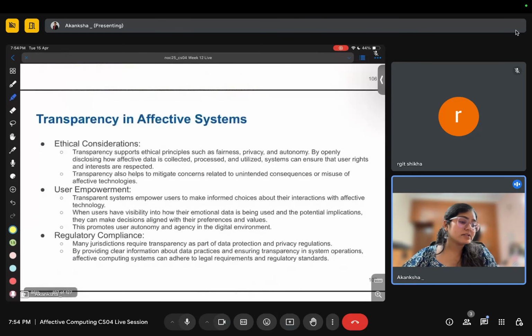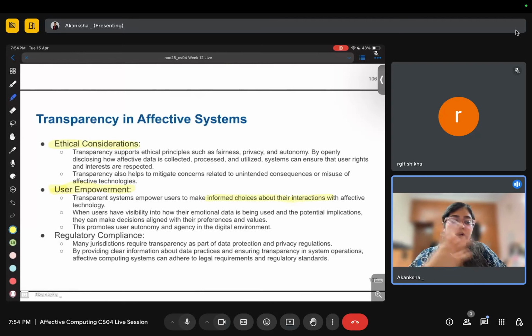Ethical considerations are there, so if it is transparent then it is more ethically reliable. Then user empowerment: if it is transparent and you have mentioned each and everything very clearly, the user can use the system and communicate with it very easily, and they can make informed choices about their interactions.